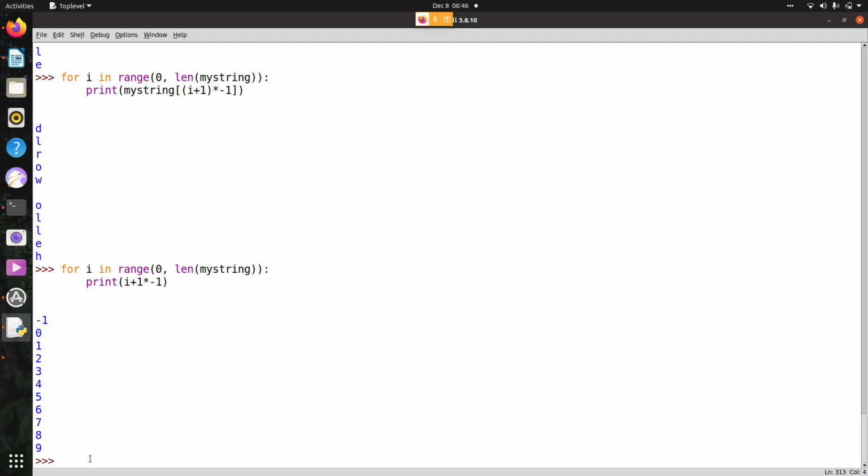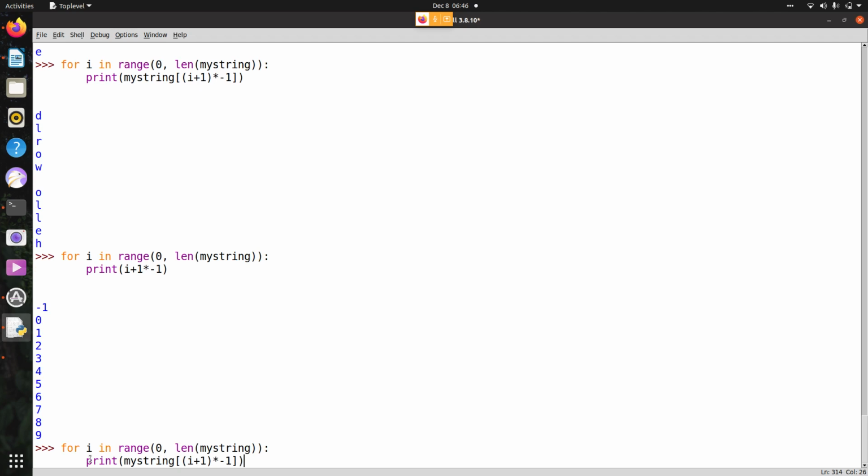What we are doing here compared to this is iterating the values in between, the value of i into i plus 1. I plus 1, the first time when it comes, what will be the value? It is starting from 0. 0 plus 1 is 1, minus 1 is equal to 0.